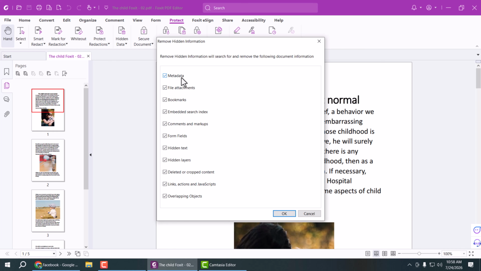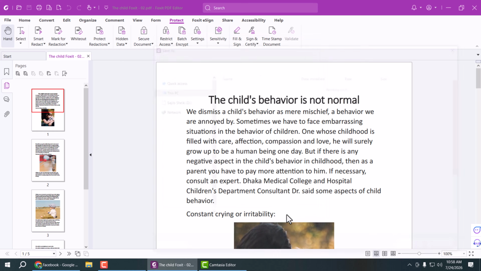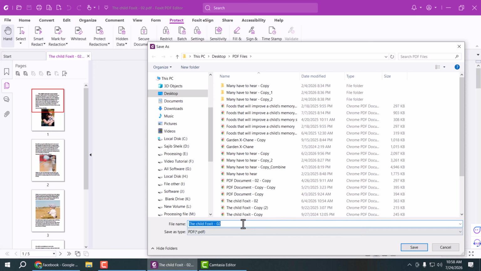and see this: metadata, file attachment, bookmark, form field. All of this hidden data will be removed. Now select OK and save as PDF file and rename it. Save